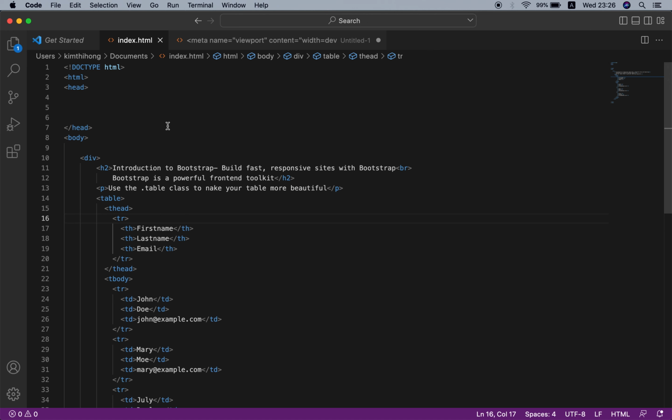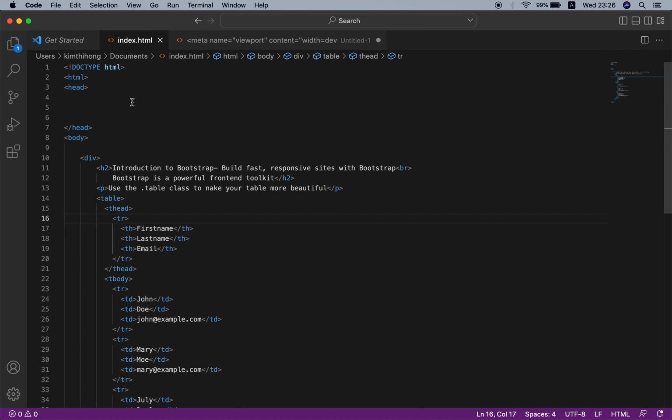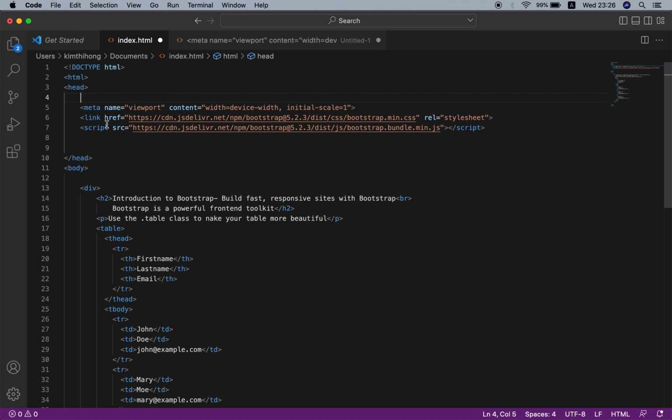To include Bootstrap in your website, just copy this and place it in the head section of your website. This link refers to the Bootstrap CSS, and this link refers to the Bootstrap JavaScript, and that is how we include Bootstrap in your website.